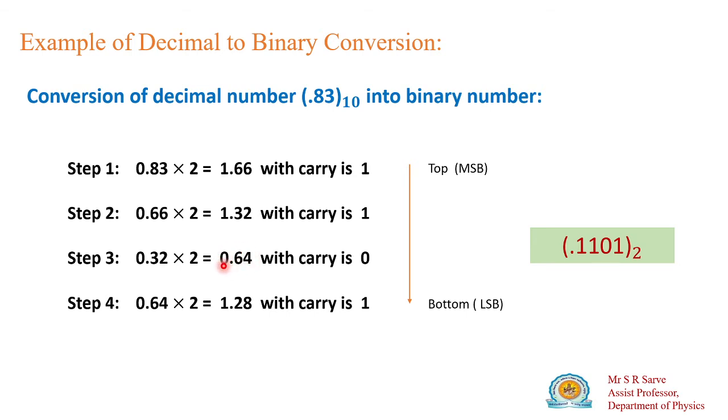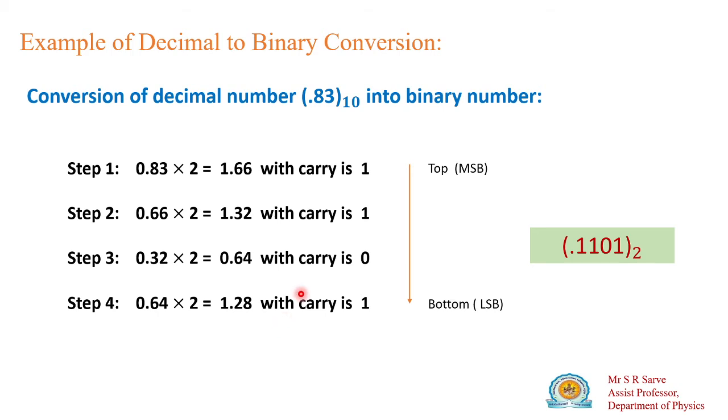Now observe here, there is no integer. Okay, it is 0 point something, so take this 0 here. And what is the fraction? 0.64. Take 0.64 here, then multiply by 2, you will get 1.28. So take this 1 here, and what is the remaining fraction? 0.28. So 0.28 will be there and multiply by 2. But we have got 4 binary bits here, meaning 4 binary bits have come. So this is sufficient, you can stop the process here.